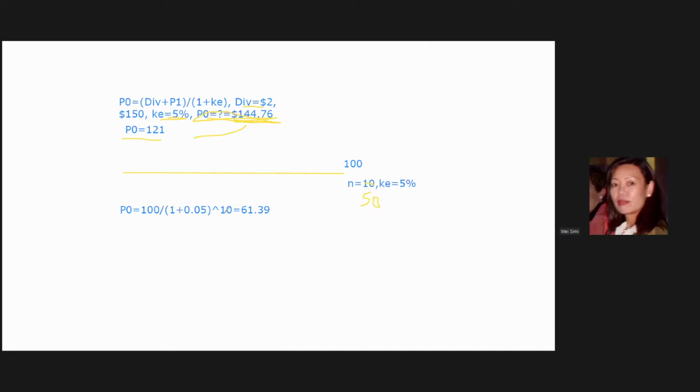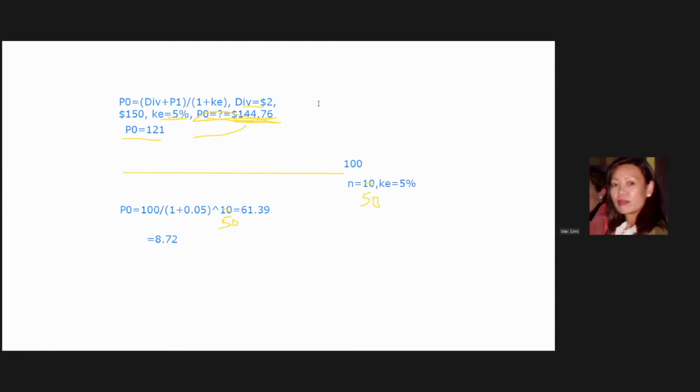If n equals 50, so 50 years later, you still see how small it is. The whole point we're trying to say is if we go to infinity, too many years, you don't need to bother about the last term. Do one more time. What's the result? $8.72. Very good. So which way are we going? Small. Very good, $8.72.